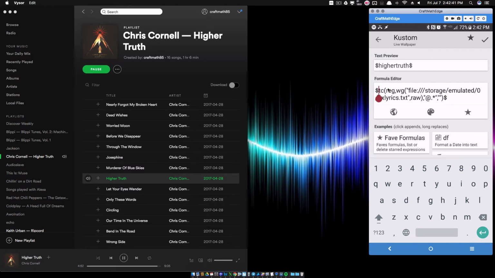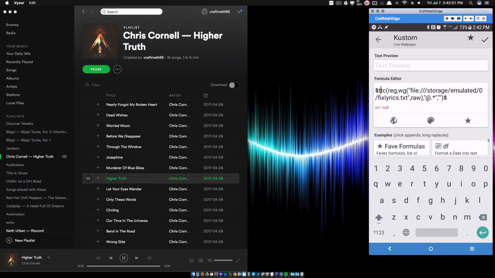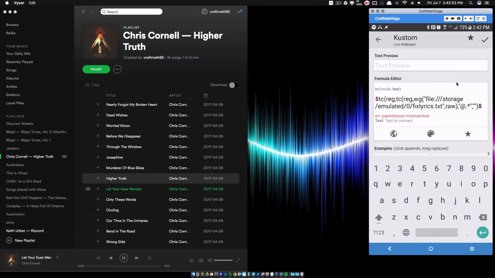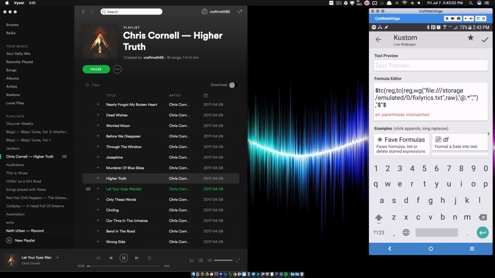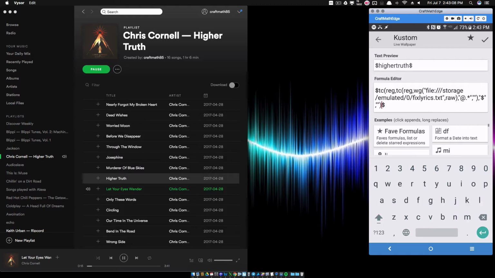Now what I want to get rid of are the dollar symbols. So I'm going to do another TC reg to get rid of these dollar symbols. But let's be careful. We have to escape the dollar symbol, since KLWP can confuse that with the dollar symbol for our function. So I'm going to do TC reg, comma, come to the end right after that parentheses there, but before the dollar symbol. What do we want to search for? You may say, oh, we just want to search for the dollar symbol. Well, that is right, but watch, this isn't going to work. Comma, what do we want to replace it with? Absolutely nothing. And let's close it up and notice nothing happened.